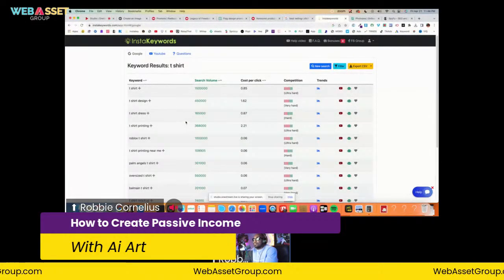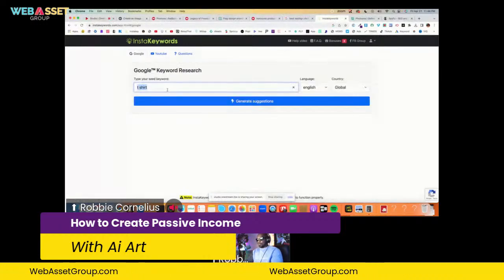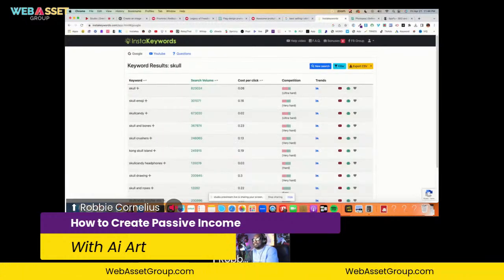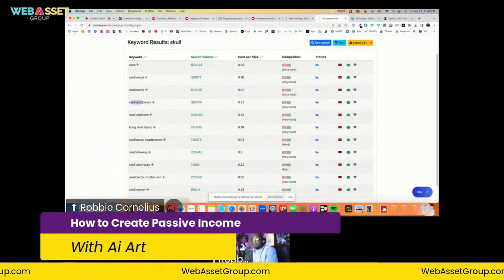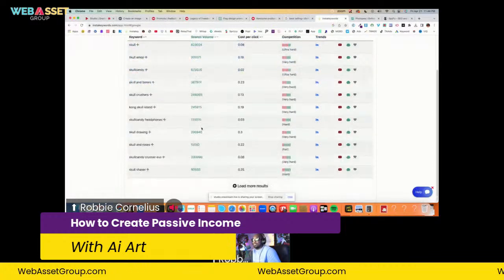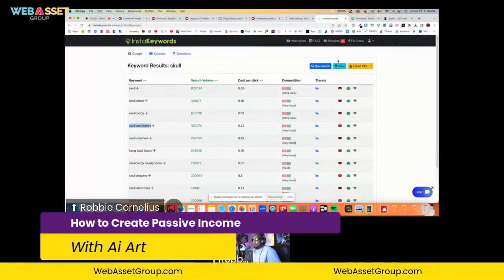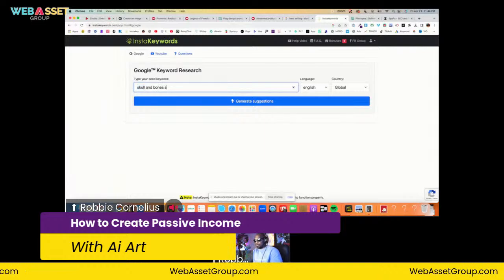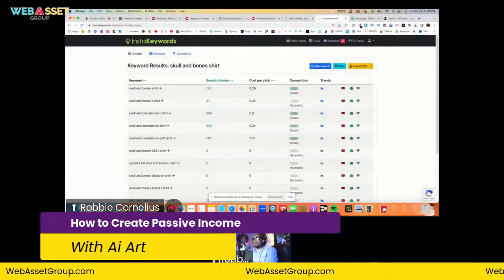I'm typing the word skull. I like skull candy, skull and bones. Okay, I like the words skull and bones. Let's type in skull and bones shirt and see if anybody's searching for it.